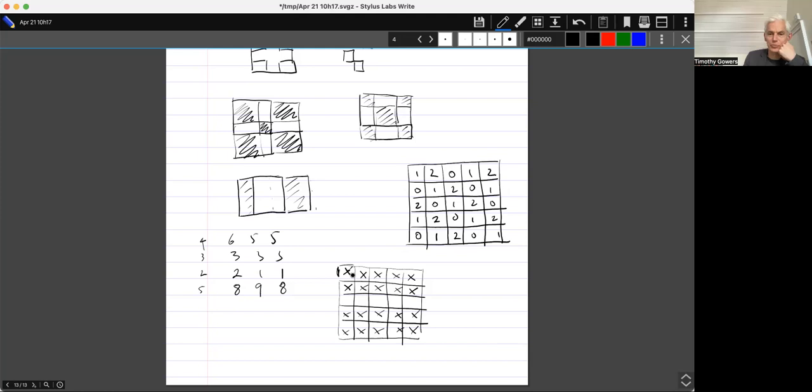Just how does this proof work? Whenever I put down a 2 by 2 square, a 3 by 3 square, a 4 by 4 square, or a 5 by 5 square, it's going to cover an even number of crosses. So I'm going to flip an even number of crosses.